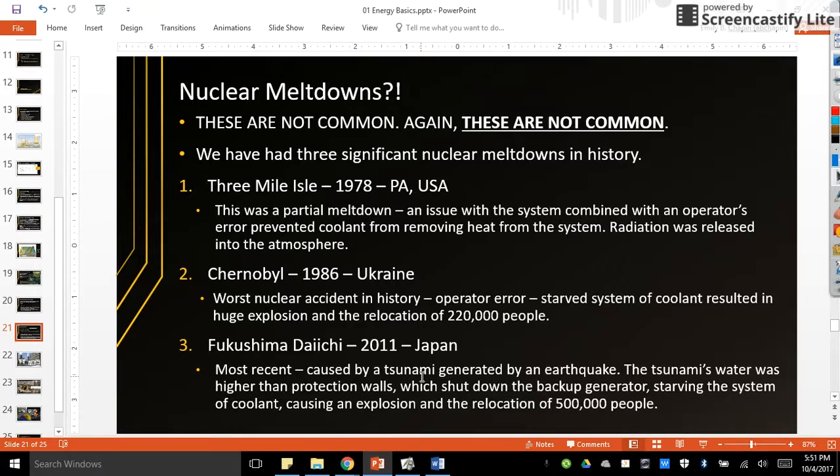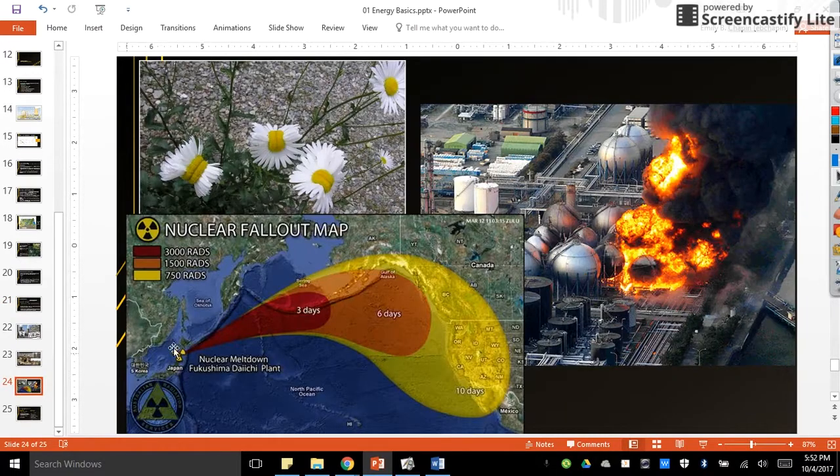Remember that a tsunami is a wave that comes onto shore from the ocean, and then the tsunami's water shut down the backup generator, stopped the coolant, and then caused an explosion. And we did have to relocate 500,000 people for this nuclear meltdown. So here's what the explosion looked like, and we do have to worry about something called nuclear fallout when we have a